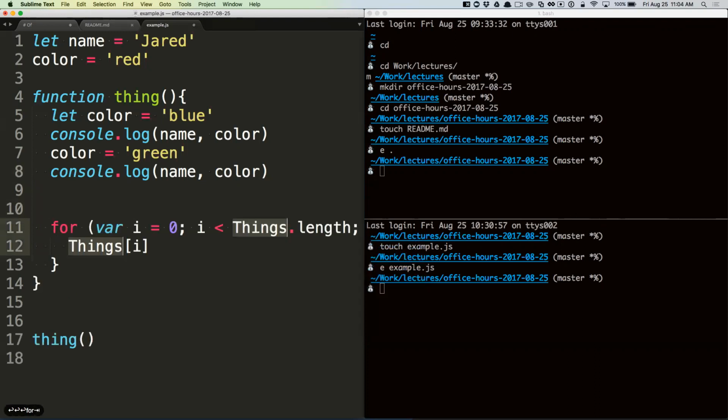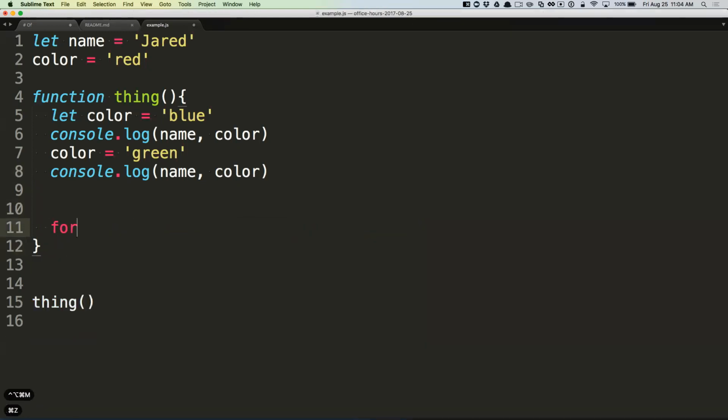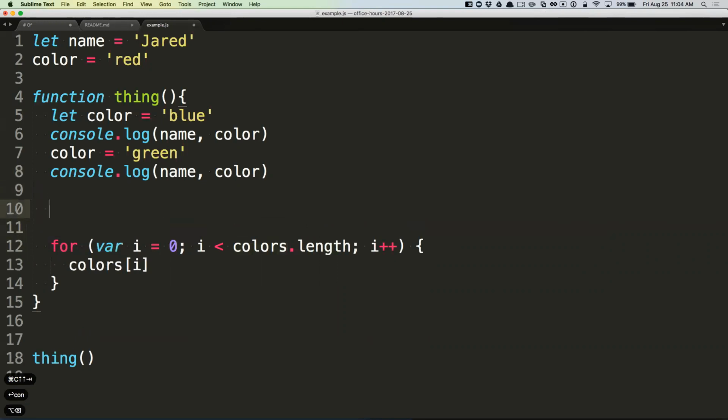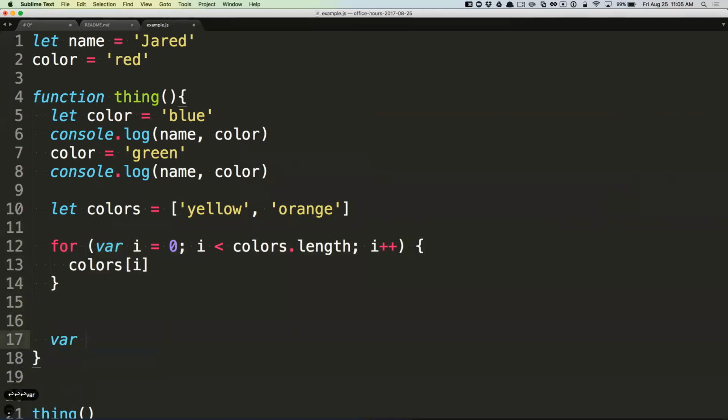So for example, you might have all seen this very common standard for loop, my editor auto-generates it. So let's say we had an array of colors. Okay, so if we had an array of colors, this is a standard for loop. So when I do var i in this for loop, var does this thing that you might have read about called hoisting. And what that means is anywhere in our code, if we declare a variable down at the bottom in here,